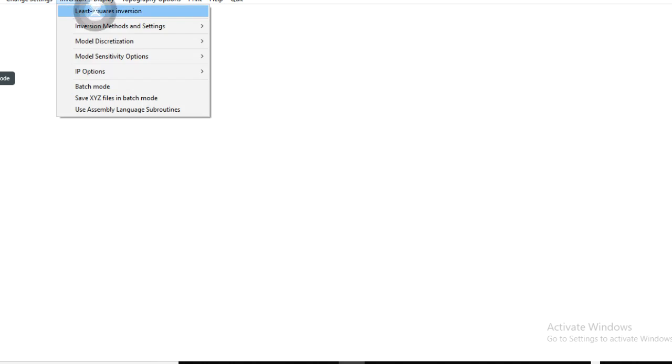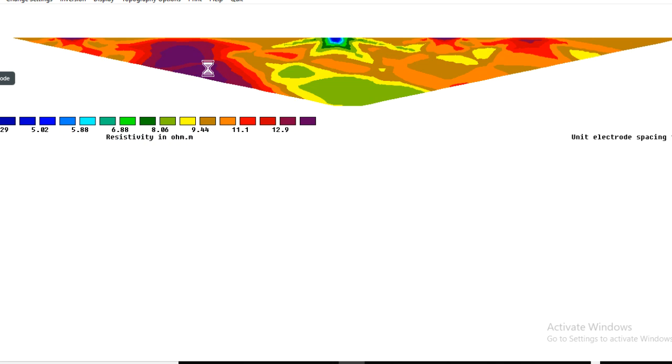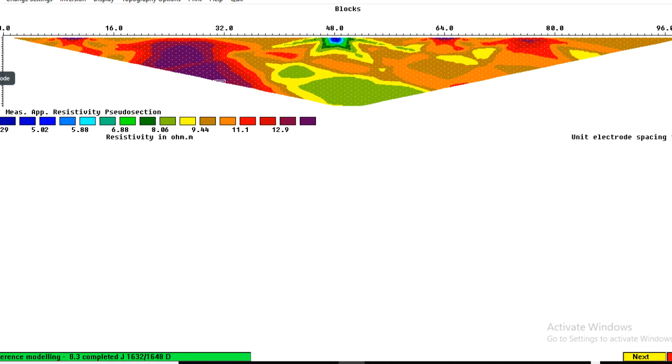So let me do this inversion. By the Jacobian method, using finite difference modeling and finite element, the inversion will be